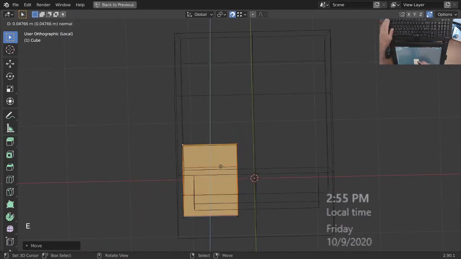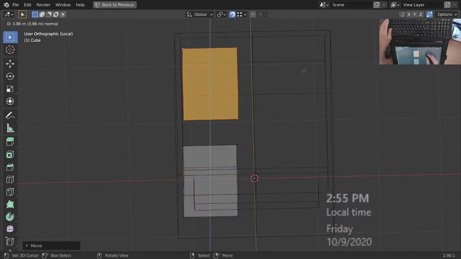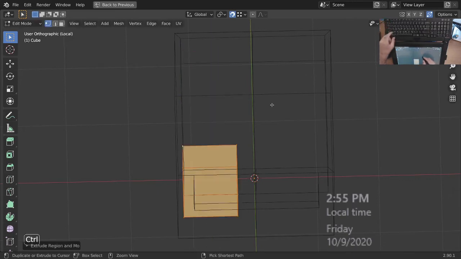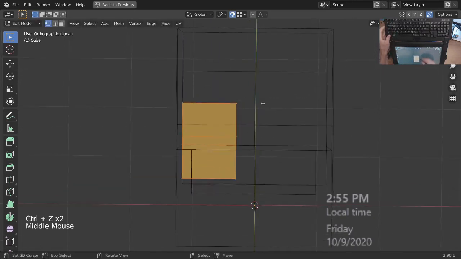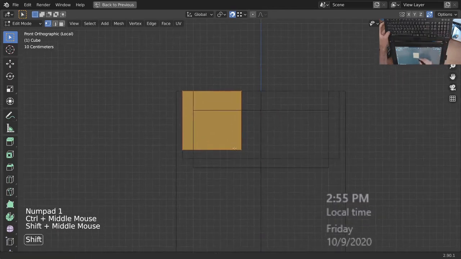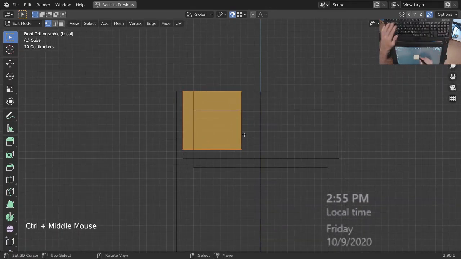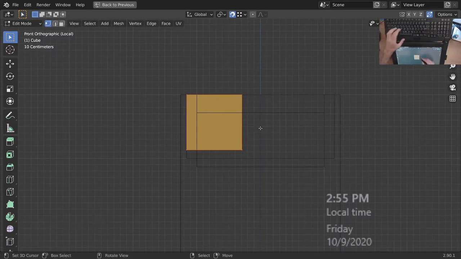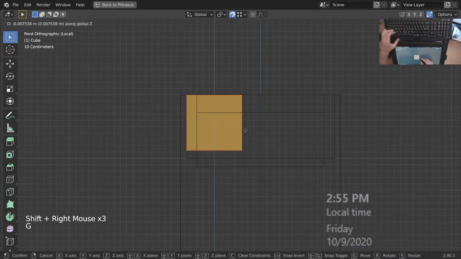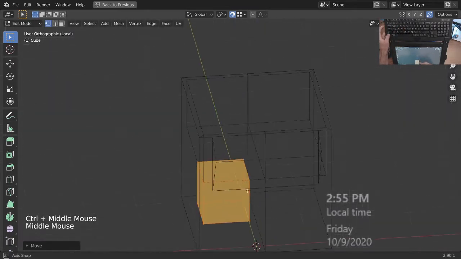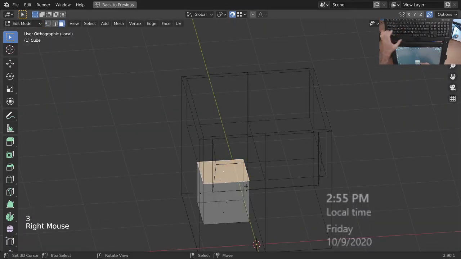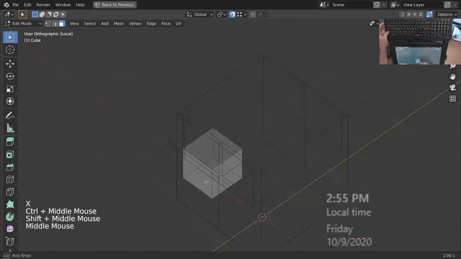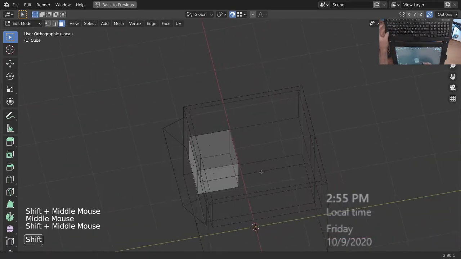Select. I hit E instead of Control Z. So instead of 3 for the faces. I do that a lot. They're very close, and so I just don't reach the right way. So I still have that cube. Grab Z, and I want it right around there. I want that face, and delete that face right there. And